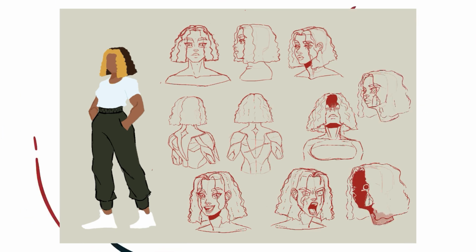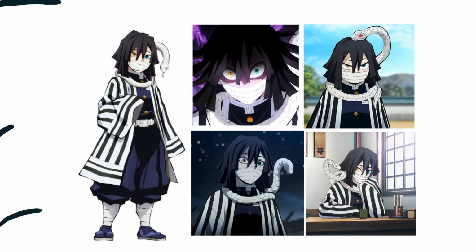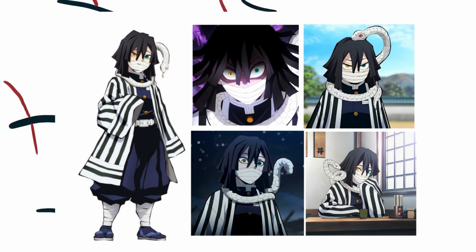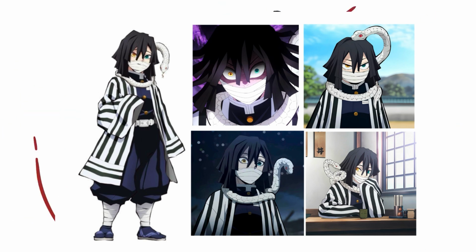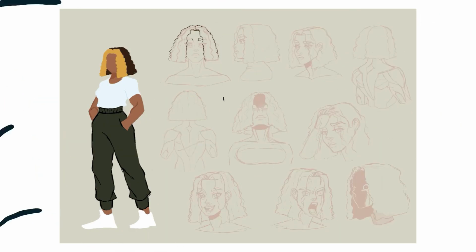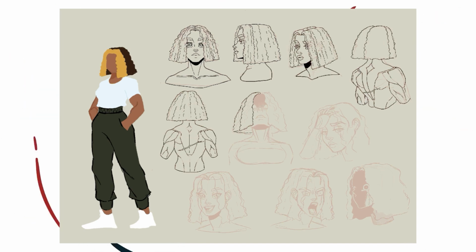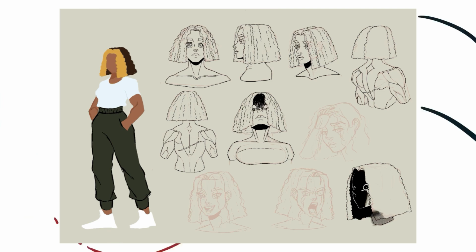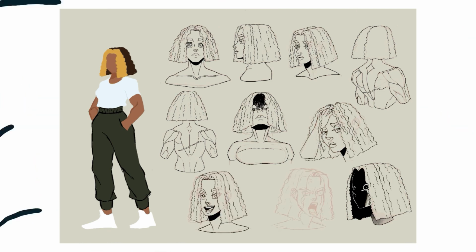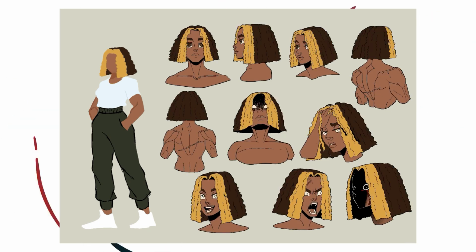Even if they are a whole Obanai Iguro, they should have a few changes to their facial features that indicate that the person is surprised, angry, or even blushing. Something must change for the reader to know that, oh wait, I think he's angry, or oh wait, I think he's shocked, right? Maybe the eyebrows lifted in shock or narrowed in anger. Something has to change in the facial features to give an indication that the expression has changed, that the emotion has changed. With the character sheets completely done, I move on to writing the script,